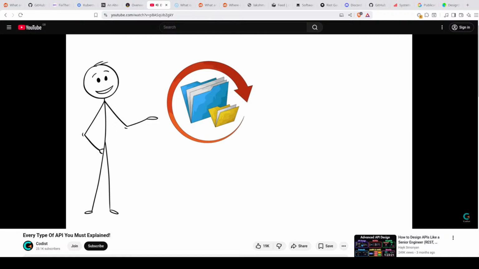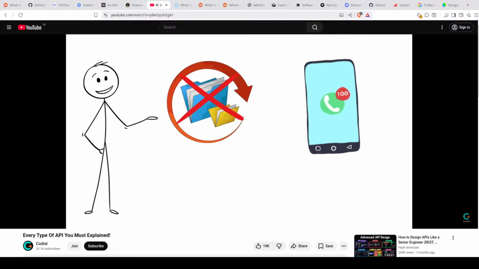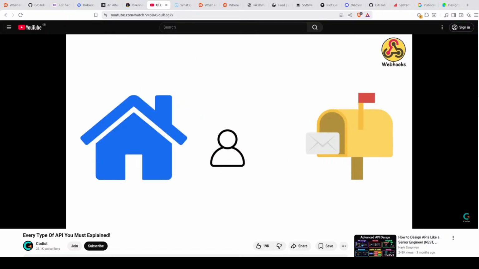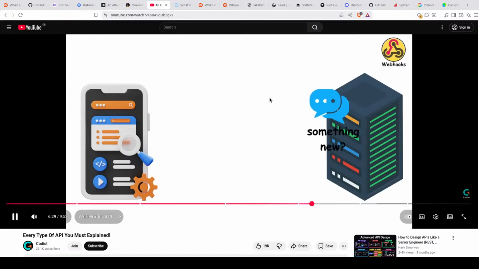But sometimes you don't just want to fetch data. You want to be notified the instant something changes. That's where webhooks come in. Webhook API. Imagine this. With most APIs, your app is like someone constantly checking their mailbox. You walk outside, open it, see nothing, and walk back, over and over again. That's how traditional APIs work. Your app has to ask the server every time it wants to know if something